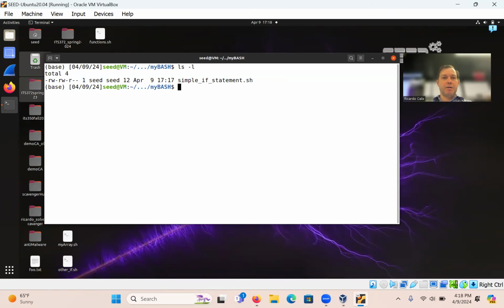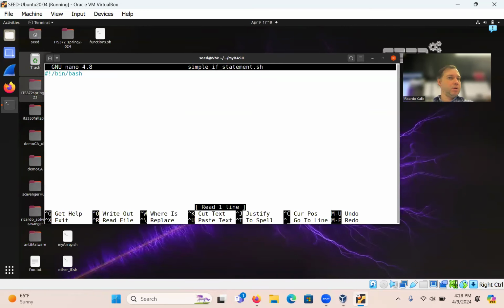So we have it there, nano simple. All right, so that's the shebang. If you guys want to add a comment, you can do something. So for instance, my comment here is going to be using Bash instead of dash or sh, right? I'm not using sh as I've explained because sh is a symbolic link to dash. Okay, so you can add a comment.